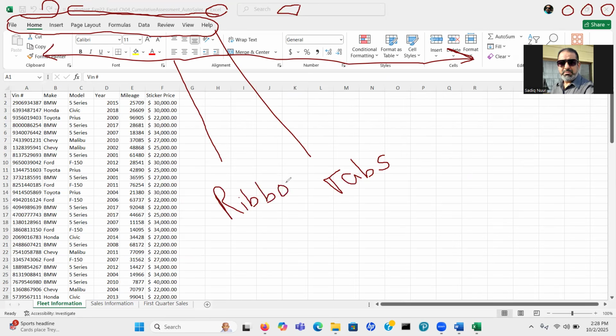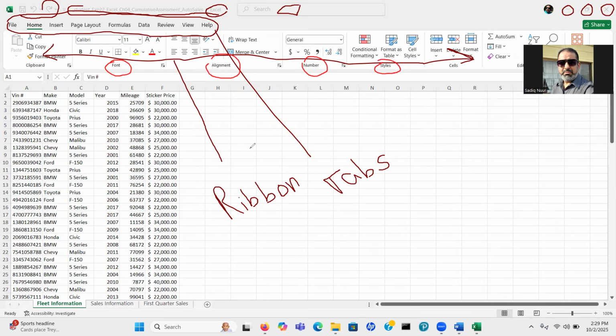The ribbon consists of groups: font, alignment, number, styles. So as you change the tab, the ribbon is going to change, right?